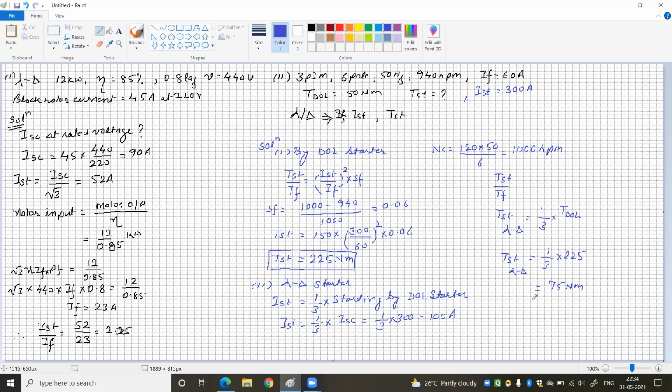Newton meter. So here we can conclude that the starting torque of DOL starter is comparatively high, one of the highest starting torques that can be obtained compared to all other types of starters, especially star delta starter or auto transformer starter. The starting torque of DOL starter is higher, but there is a limitation on using the direct online starter for the capacity of the motor. If a higher capacity motor is there, the starting current is very high and it will produce some voltage dips in the distribution network.